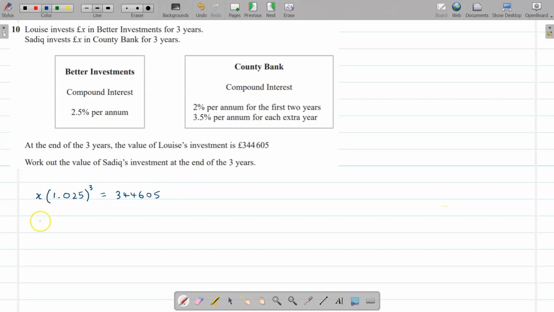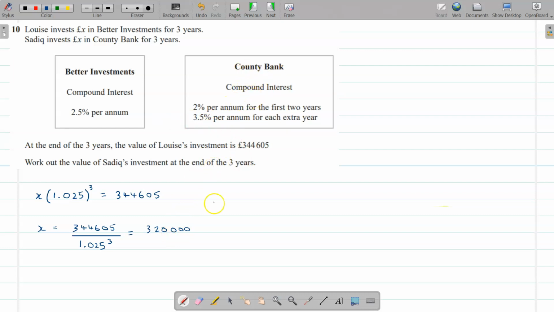So from that, X must be equal to 344,605 divided by 1.025 cubed. You don't need the bracket round that really. And that comes to a nice round number of exactly 320,000. So we now know that Sadiq puts that amount of money in and invests that for 3 years